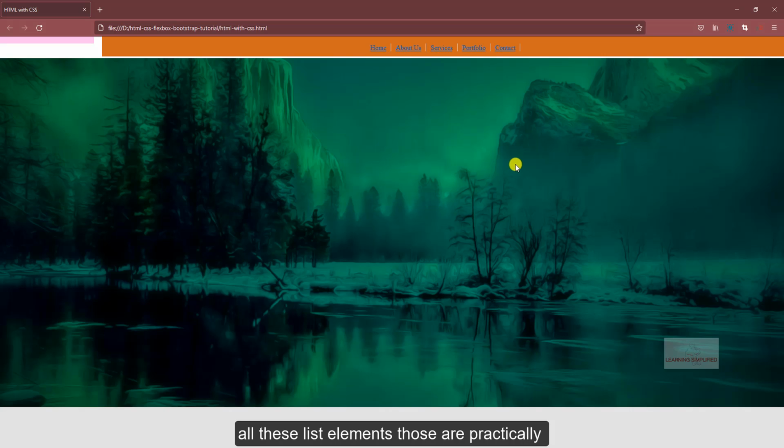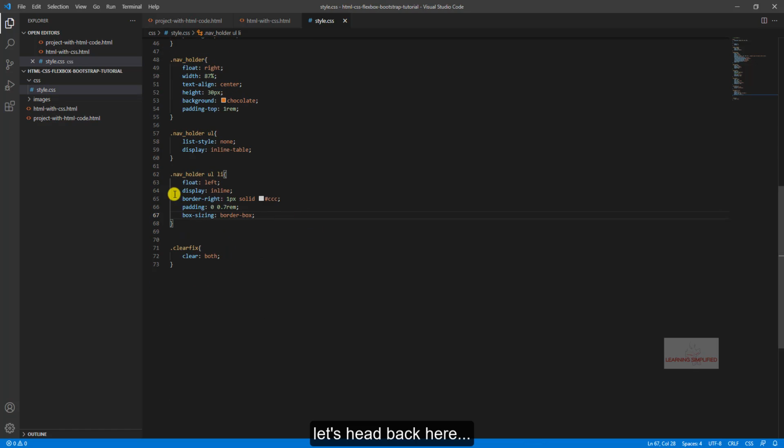All these list elements are appearing in the menu holder that we had created earlier. All of them are horizontally aligned side by side. Now in the next case, we need to make some additional amendments to these list items. We won't be requiring any kind of text decoration, and we will be text transforming them into uppercase letters. So that is why let's head back here, and here